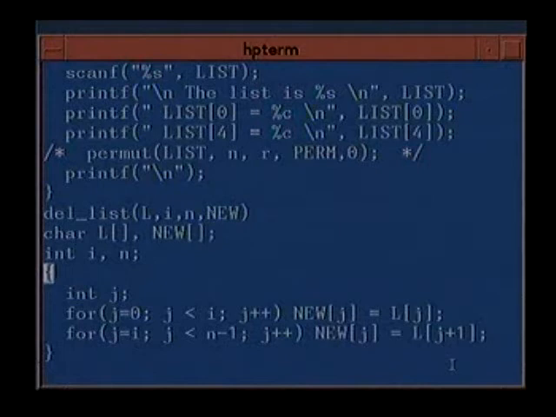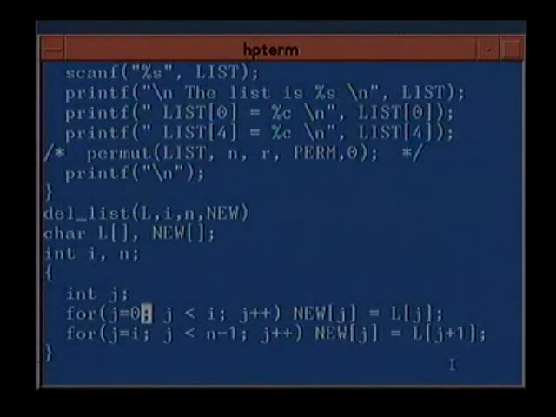So how do we do that? We declare a loop control variable. For j equal to 0 till j is less than I, we copy L[j] into new[j], and we just leave out I minus 1.